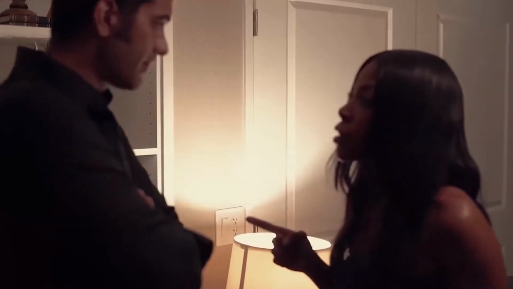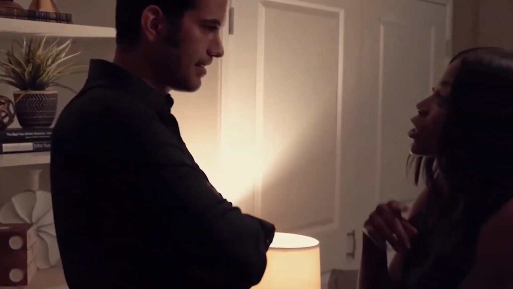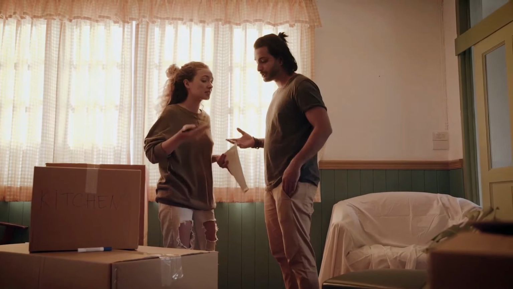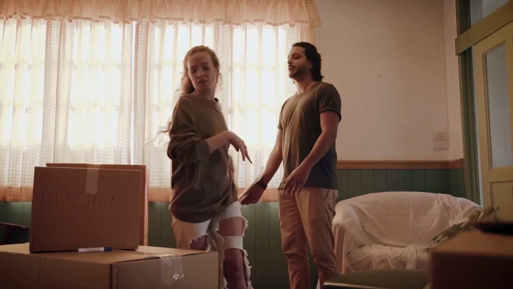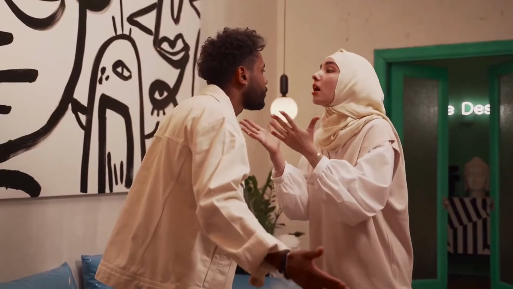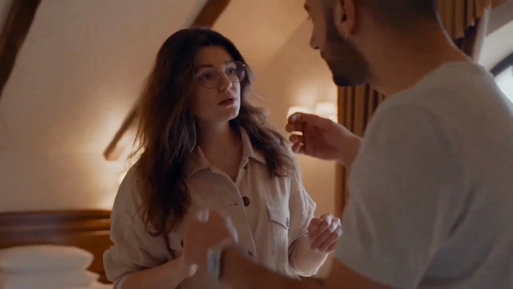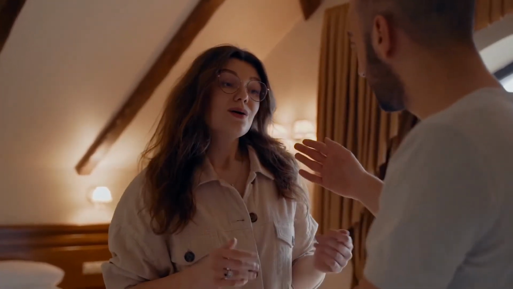With this technique, a person changes the focus of a discussion and questions the other person's credibility instead. For example, they might say, "That is just another crazy idea you got from your friends." Number 6. Stereotyping. A person using gaslighting techniques may intentionally use negative stereotypes of a person's gender, race, ethnicity, sexuality, nationality, or age to manipulate them. For example, they may tell a female that people will think she is irrational or crazy if she seeks help